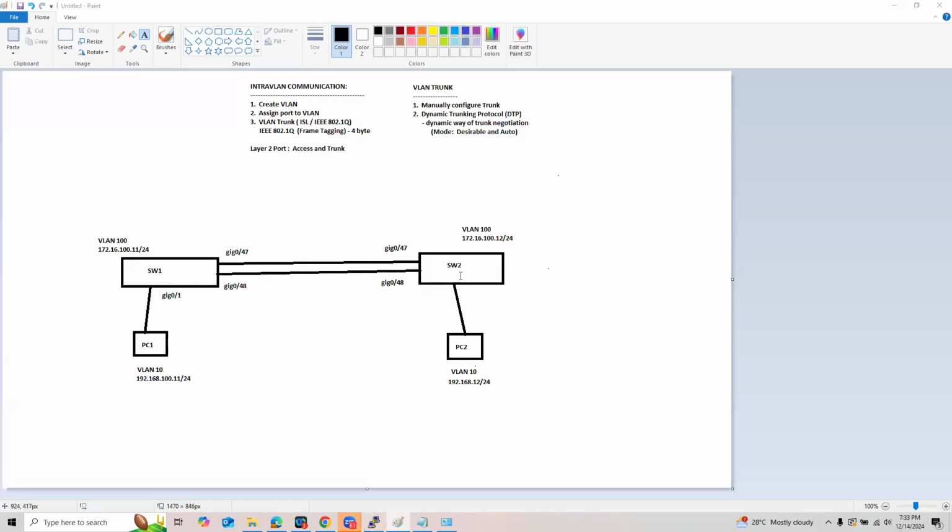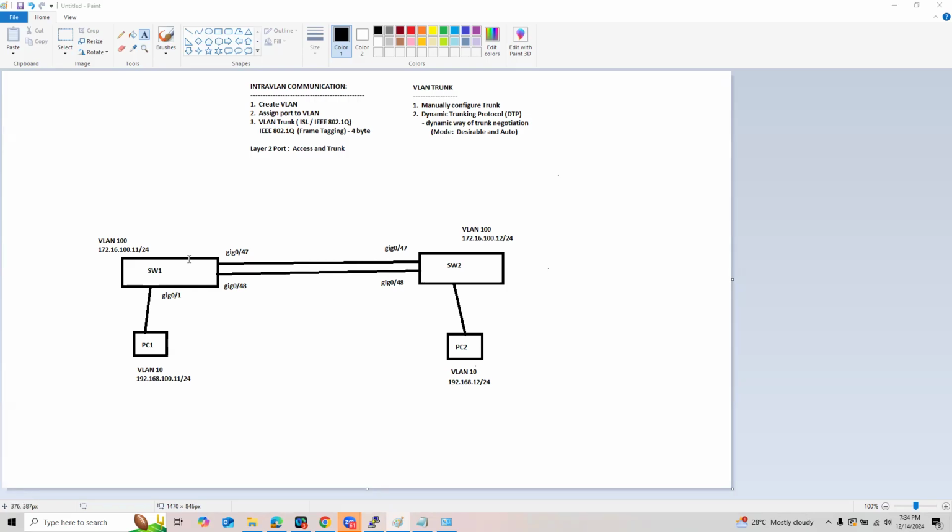Okay? So we make sure that the traffic from VLAN 10 here will be able to pass through this line. So this port 47 and 48, any of these two. So we are going to simply configure this one a trunk.